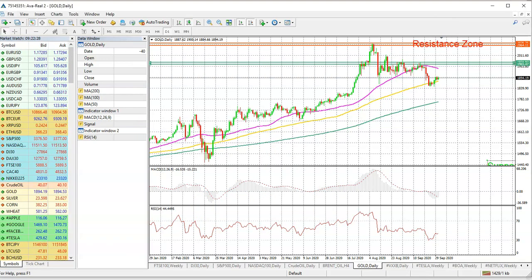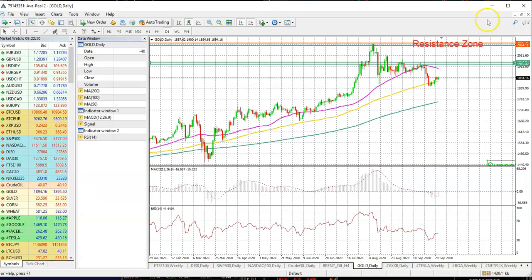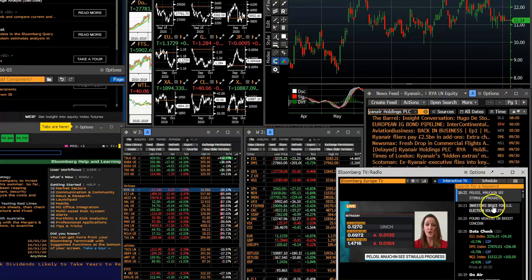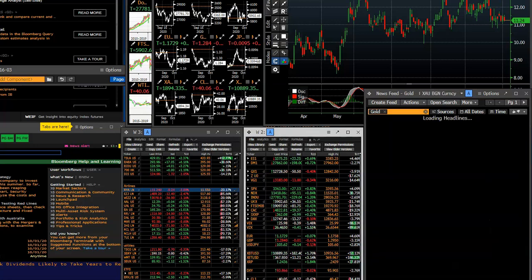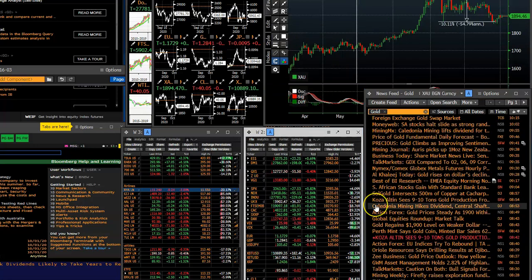Now, in terms of our fundamentals, when we look at the price, what we've got to look at is, okay, what exactly is news in relation to the gold price? So this is your Bloomberg terminal, so do not worry too much, this is for professional traders anyway. But what I'm going to do is read a couple of headlines and teach you how to make sense of those headlines.